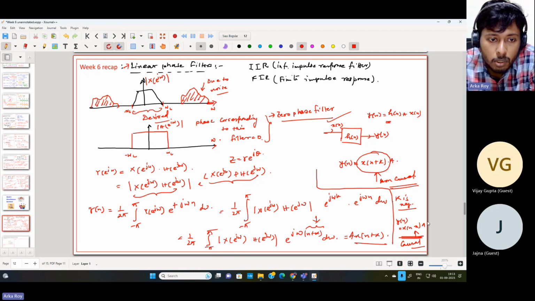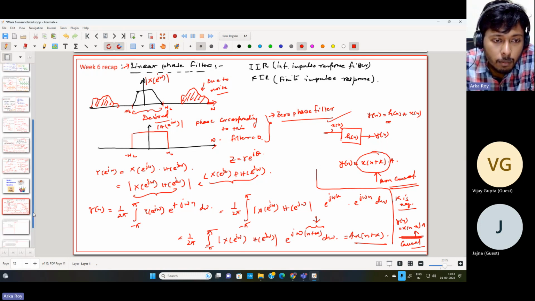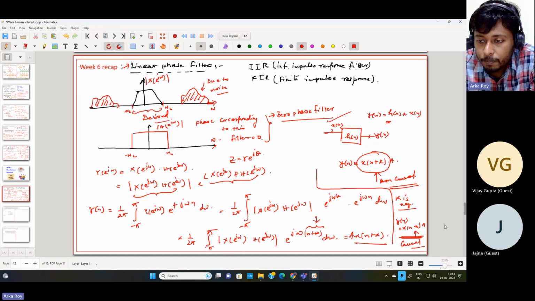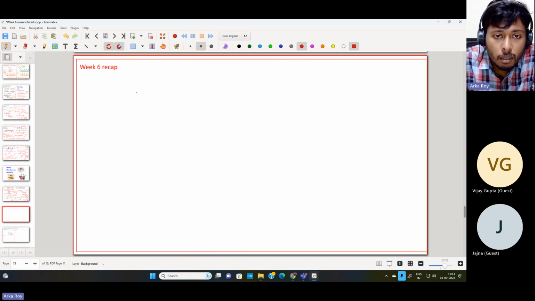As far as signal processing is concerned, we are more inclined towards causality and stability. So we need some causal representation to get the filters structured properly. Now we can see what the zero phase filter looks like. Zero phase filter means